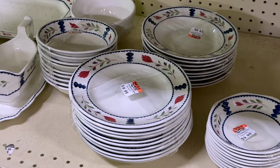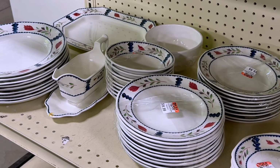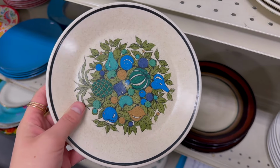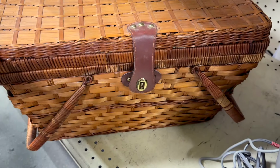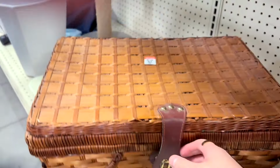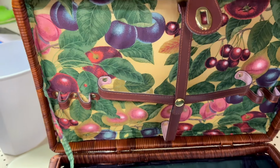I then went over to look at the dishes and found this set, which would be super cute for putting in a hutch or something. Very cottagecore. I feel like I've heard people talk about Tupperware dishes, but these did have some wear. Next I went over to the knickknacks and found this big picnic basket. It was really nice, but it was just too large to be practical for me